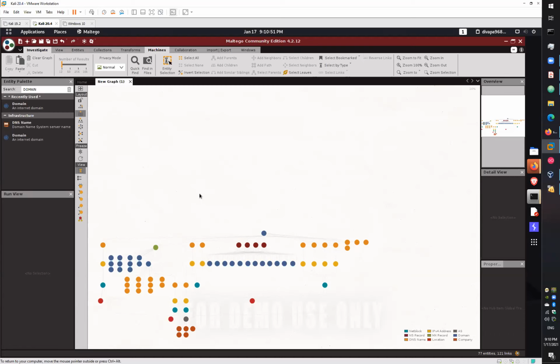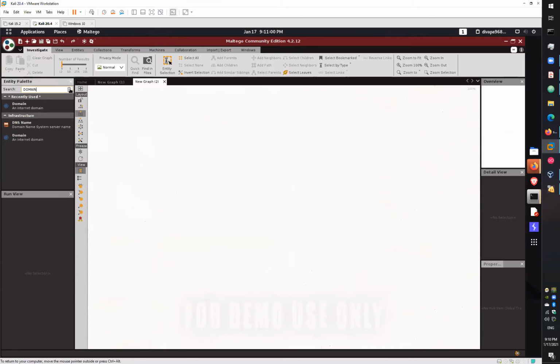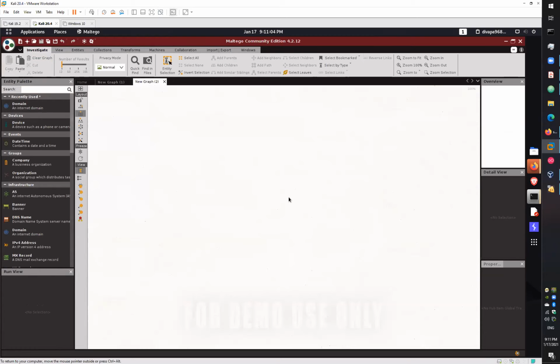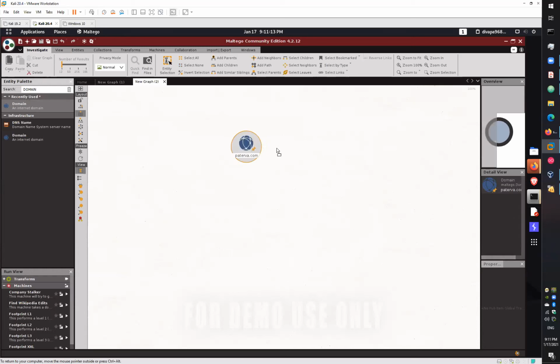Okay. Can you run this tool again? Can you show me? I just lost this part. Okay, I'm opening a new graph. So when you get a new graph, you get these things. This is a simple fresh window when you open up this tool, Maltego. Just search here for domain. Just drag and drop this domain entity. Right click or double click on this entity and write the domain name here.